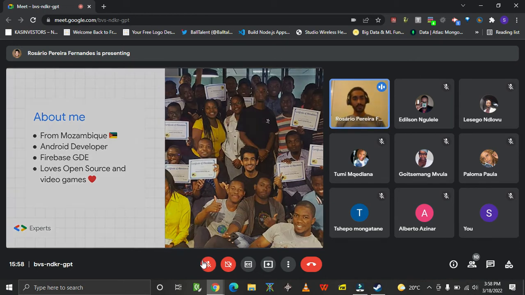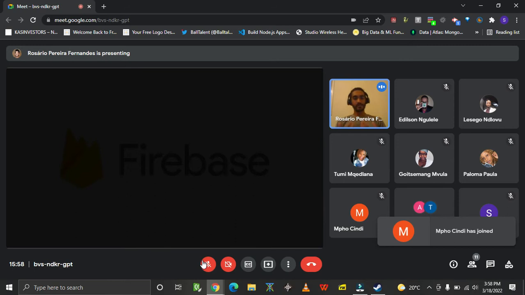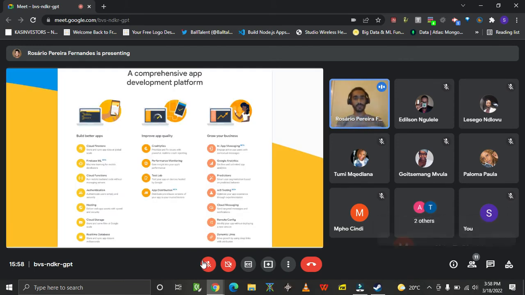So let's move on. Let's start with the main technology for today, which is called Firebase. So what is Firebase? I like to say that Firebase is a unified platform for application development. Firebase is a platform that gives you a very large list of tools. All the tools that you see here are provided by Firebase, and you can get tools such as a database, an authentication service, a place to store your files or any user files, and things like that.